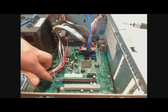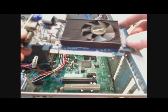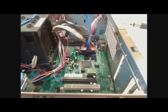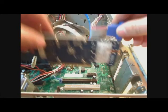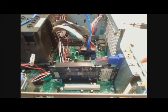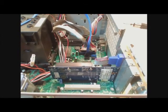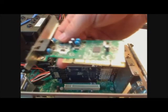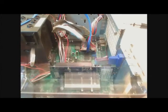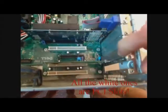This plugs into this little black slot here, and they always have this little tab, and that's a PCI Express 16x. And that's what this will fit into. They're really easy to plug into place, and once you do, it makes life easy. This little dial-up modem card is a PCI slot, which is right there. After popping those both into place,